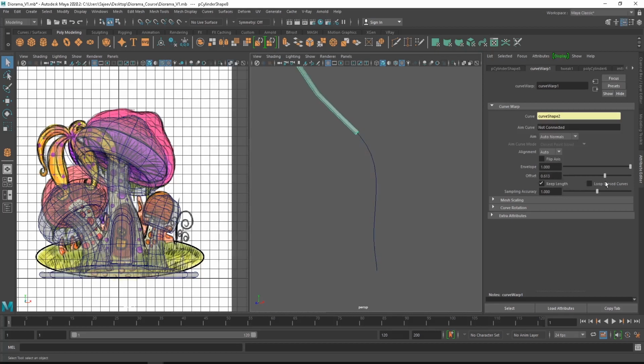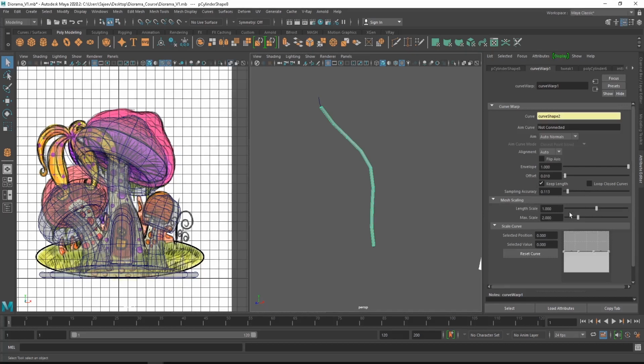You can move that particular model along the curve, so you can animate them also. So this is one of the benefits of using the curve wrap option, and you can move and align it properly. And the third one is sampling accuracy. That means it will start aligning the edge loops properly, so it will have a much more perfect output. And in between you can edit the mesh scaling also. You can extend the length of that model, so it will perfectly align with the curve. And after that you can adjust the radius of that particular model